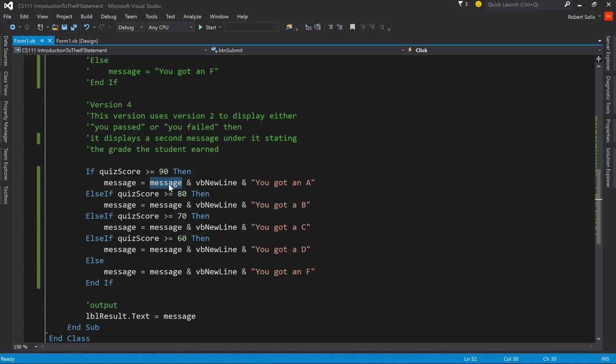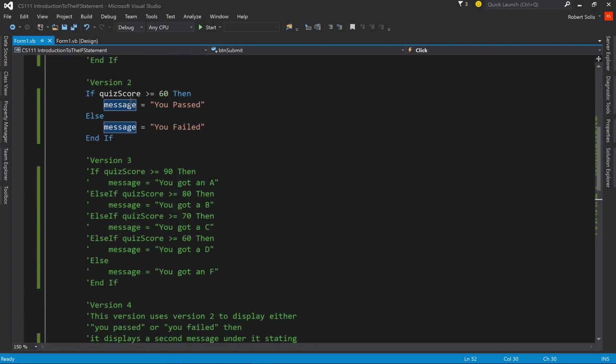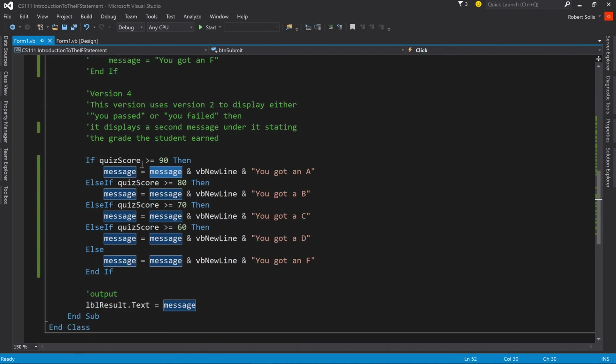So see, this is the old message, whatever it happens to be, either you passed or you failed. And that's going to be established up here. See, the message is initially going to be given the statement, you passed or you failed. And then what we're doing over here is we're saying, okay, whatever that message happens to be, you passed or you failed, also add to it, go to the beginning of the next line, and an additional statement, you got an A, B, C, D, or F. This is the new version. So this is the old version. We are going to assign that to the new version. So in other words, this is kind of like an updating statement. This is what message was. This is now what